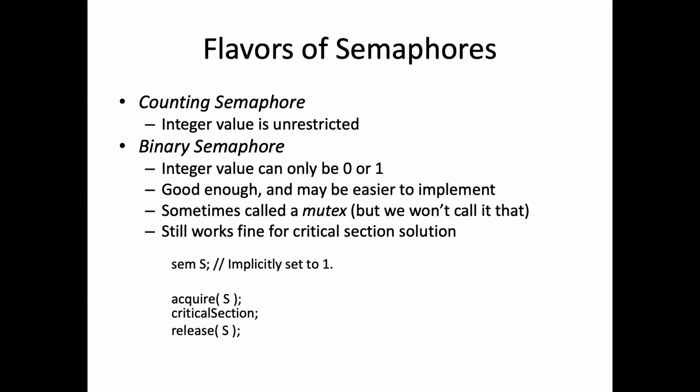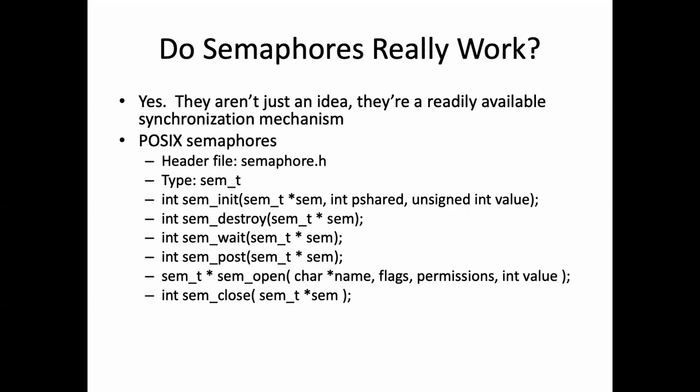All right, so I've just made a distinction between counting and binary semaphores. It's worth knowing that binary semaphores are out there, but the ones we're going to use are really counting semaphores. And that's what we're going to depend on for the rest of the semester. What do I mean by really use? Well, so far we've just been writing pseudocode for semaphores, but in both of our implementation languages, Java and C, you can really write code that uses exactly what we've been talking about. So we just need to learn a short API for doing this,